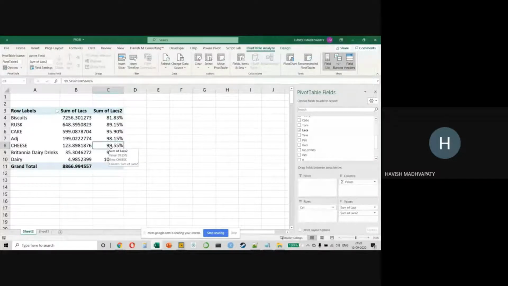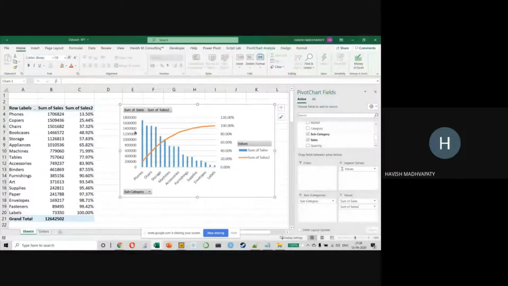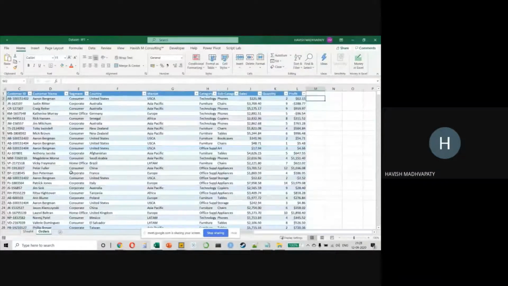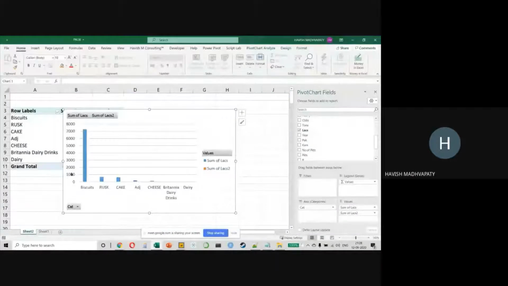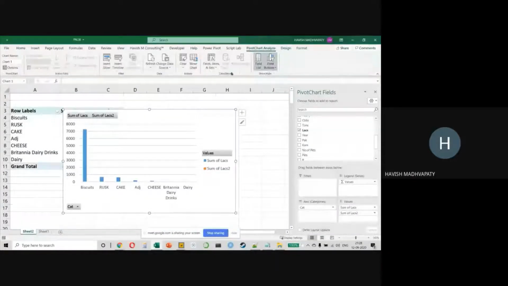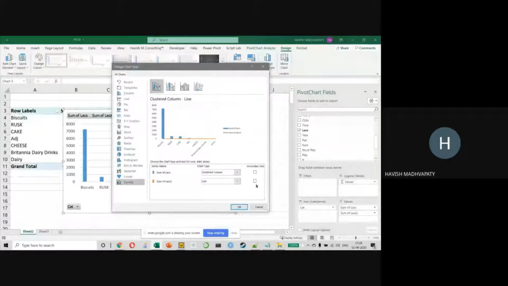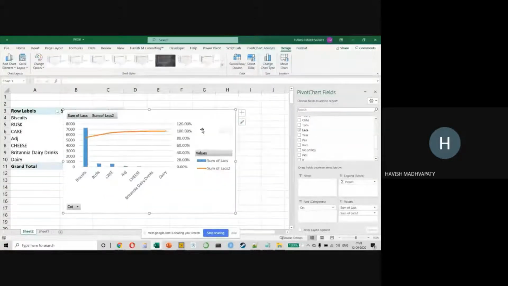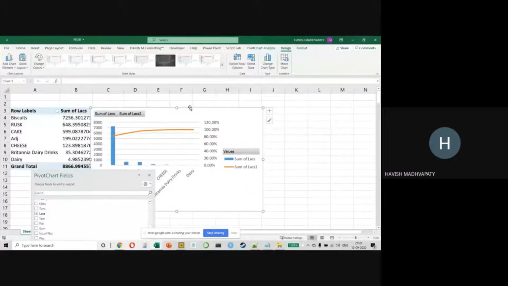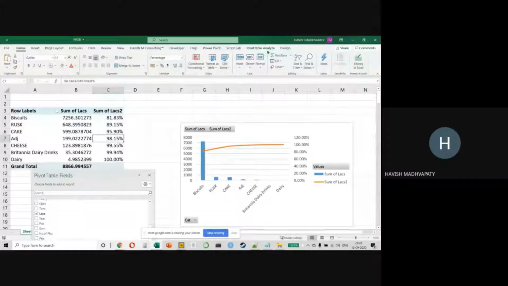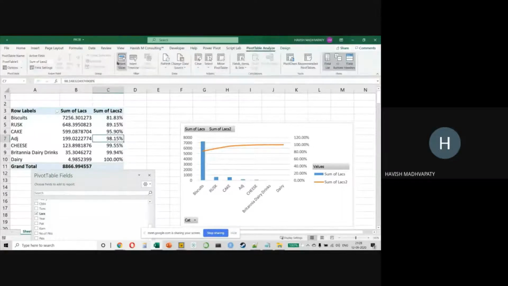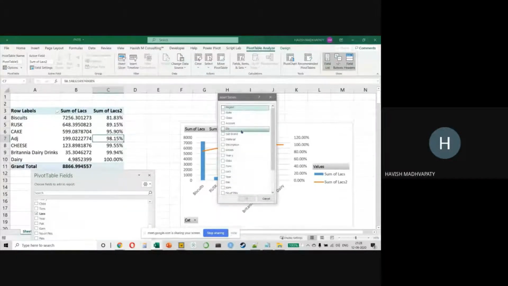So what I can do is, after making a chart, just a second. So I'll make a chart quickly. So let's go to design, change chart type, and select a combo. Okay, watch this. This is very interesting. What I want to do here is, I want to create a slicer, which is on pivot table. You have an option called insert slicer, which is nothing but a filter, right? Very simple to work with. And here I can put my accounts.